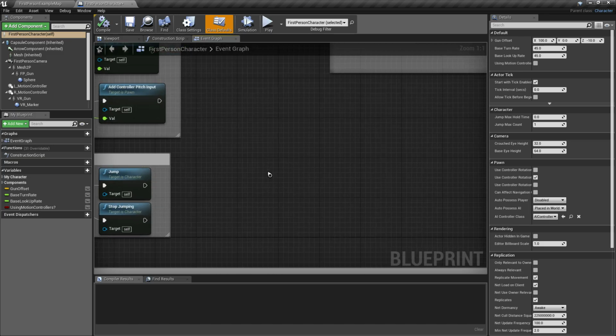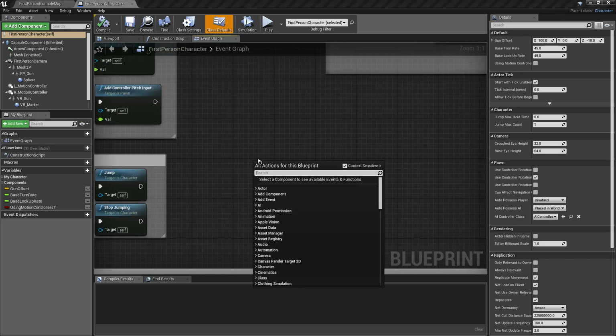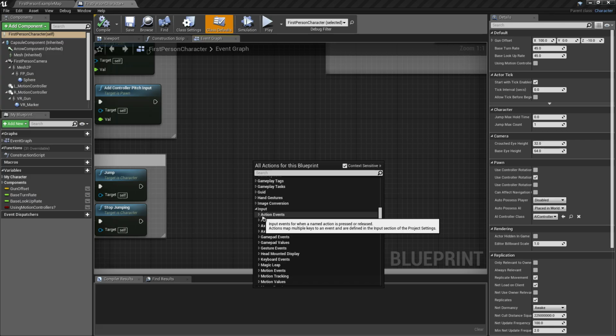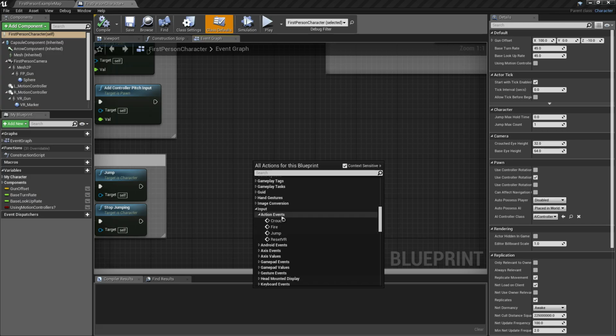So to start, let's add the node of the input that we registered in the packaging settings. It is located in the input. Just find the input, and inside the input, just open the action event, and this is where you can see the crouch that we registered earlier in the project settings.